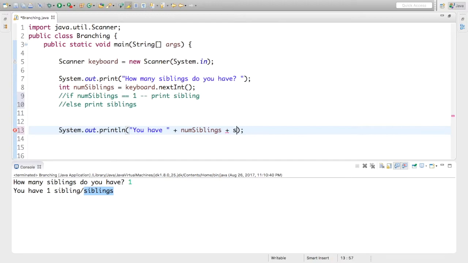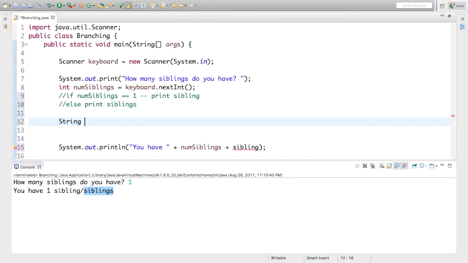So I'm going to just call it sibling. And I need to actually create this string. So here's string sibling. And I want to set it to one of these two values, sibling or siblings. And